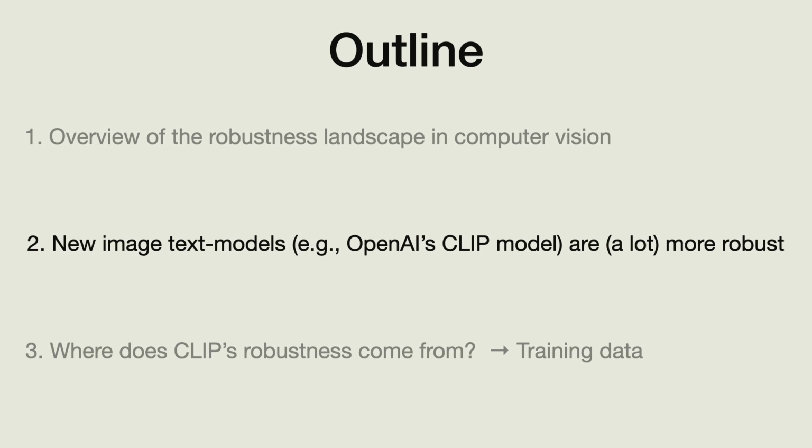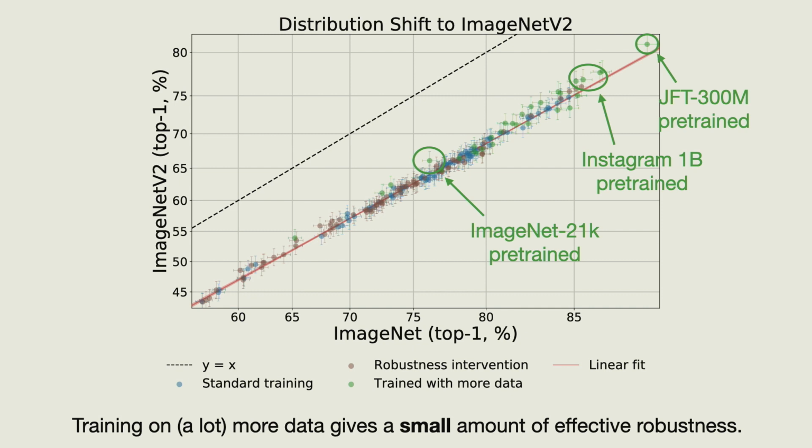So basically at the time, I was a little bit pessimistic about things, because yes, it is true that more data helps here, but on some of the distribution shifts, the effect is very small, right? So the drop here is 10 to 12 percentage points. You do get 1 to 2 percentage points above the line from 1,000 times more data, right? Like ImageNet is 1 million data points. The Instagram 1 billion data set is 1,000 times more data points. So if you naively extrapolate it, you need sort of like 10 to the 10 times more data to fully close the gap. I mean, it's obviously silly, right? It's not going to happen.